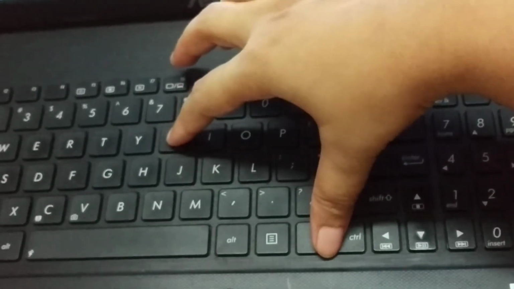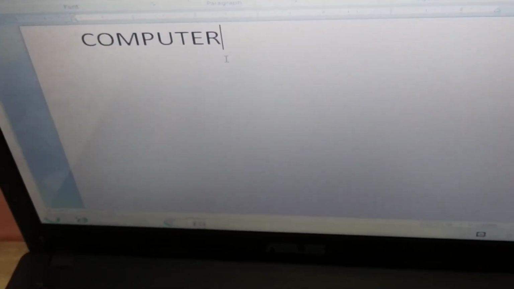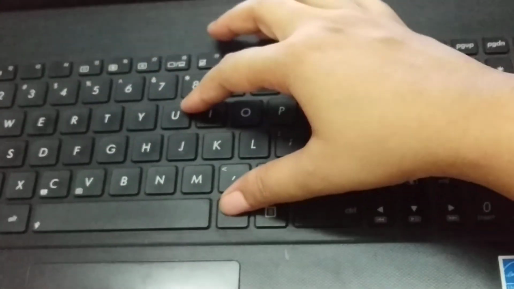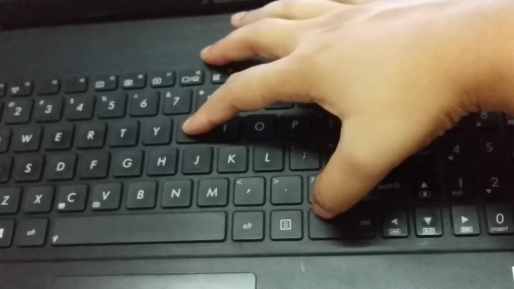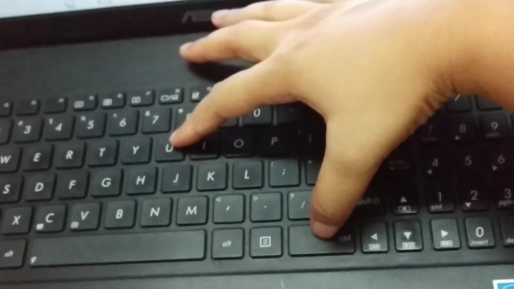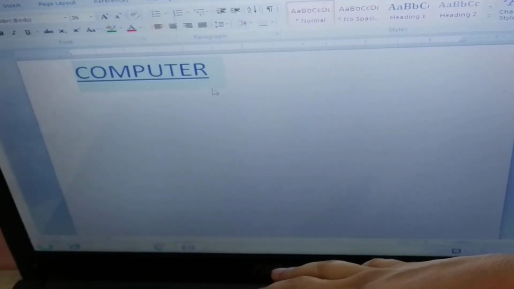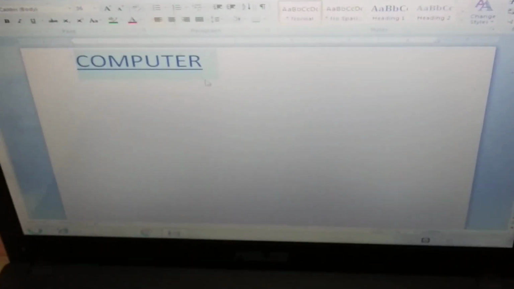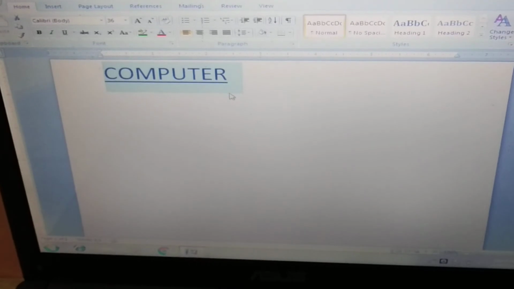If I press these two together, let me first select the word. The word is highlighted, it is selected, and now if I press Ctrl and U together, see, it will be underlined. In this way, you can make the changes by pressing the shortcut keys.